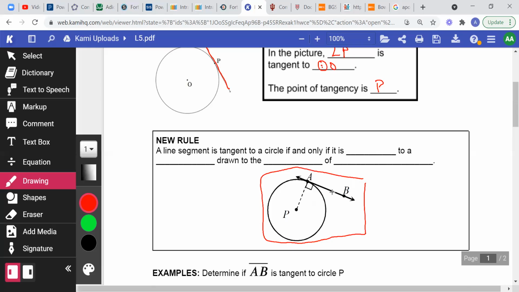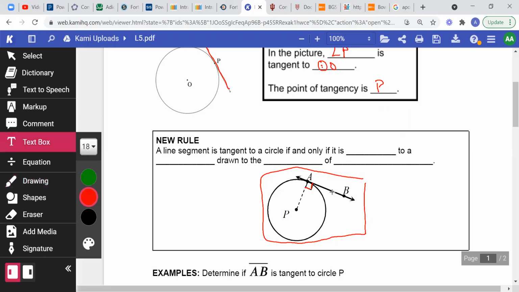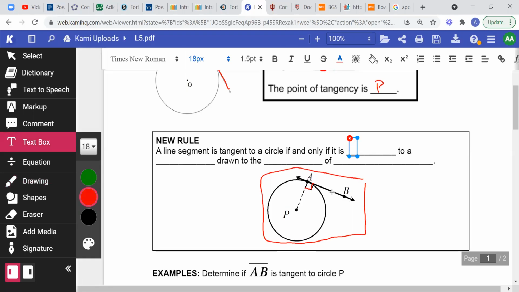So what do you see in between them? The box here, what does it represent? When two lines meet and you have a box in between, what does that mean? That means they are perpendicular. Beautiful. So here, a line segment is tangent to a circle if and only if it is perpendicular